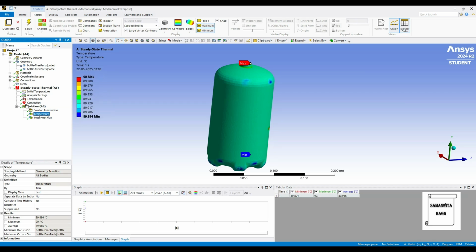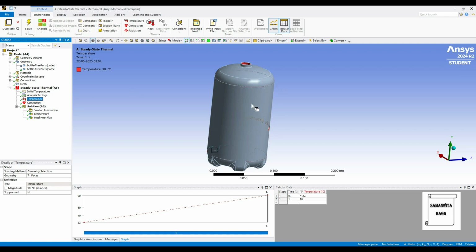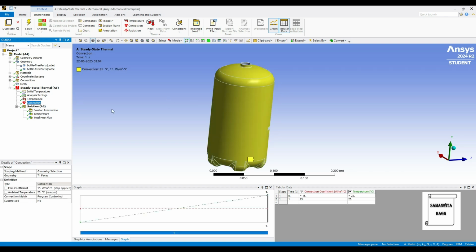If you want to get different values of temperature, you can change this film coefficient, and you can also change this value of temperature if the fluid contained in the water bottle has a different temperature. I have taken 90 degrees Celsius. This is approximately the temperature of, say, the coffee or the water which comes out from the coffee machine. So I have taken that value and I'm solving, and I have taken ambient temperature as 25 degrees Celsius based on the conditions. You can change this value also and you can take readings accordingly.